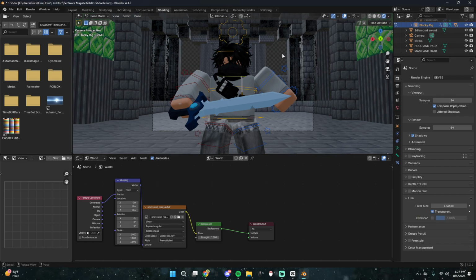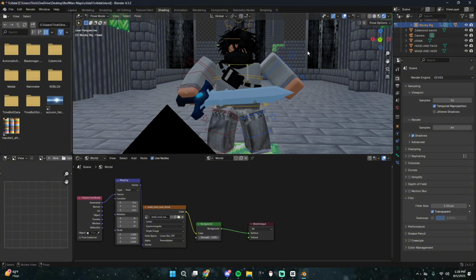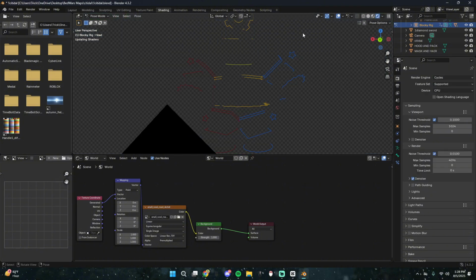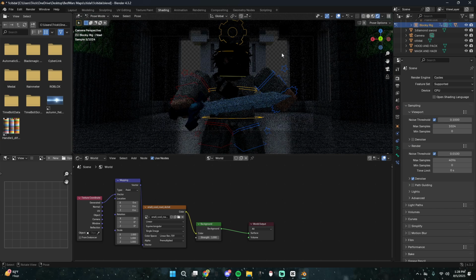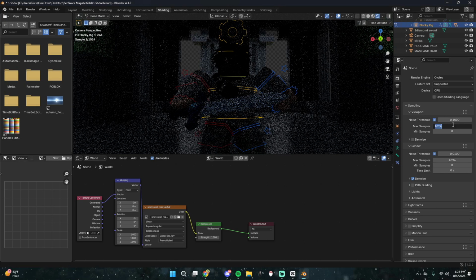Okay. Well, there's no lighting in here because it's inside, and also we're in EEVEE, so Cycles. So it's not that bright in here, but that's okay. So we're just gonna render the image just like this. We are actually not gonna do it like that because I need to change the samples. 128,